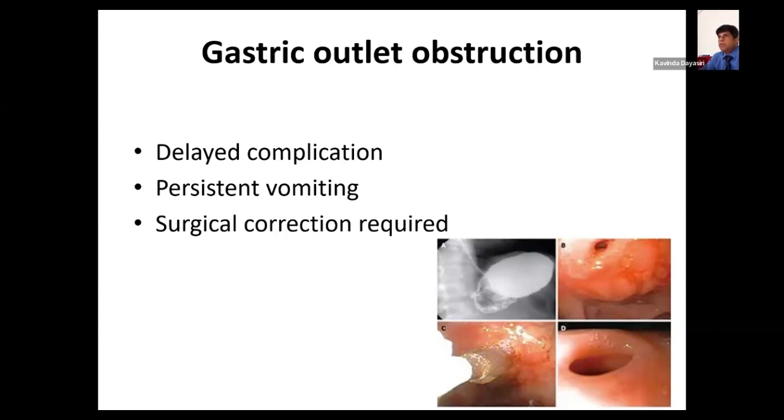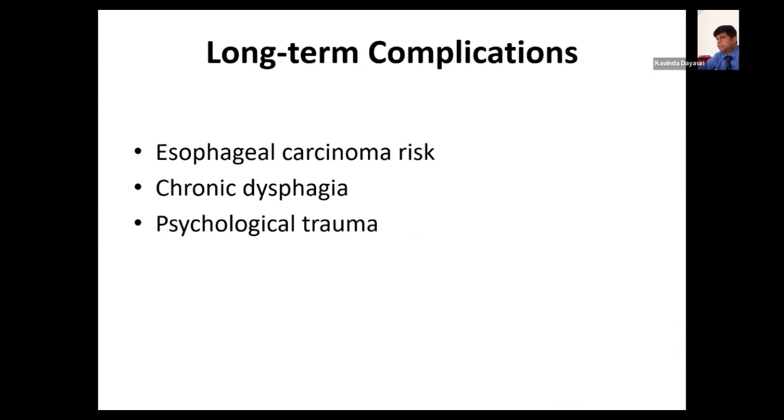So the message is, any patient presenting with severe epigastric pain or severe retrosternal pain, you need to get the opinion from the surgical team and the endoscopy team to arrange an urgent endoscopy, as well as to assess the need for any active surgical interventions before you start fluids or do anything else, after you start the pain relief properly. And other long-term complications include